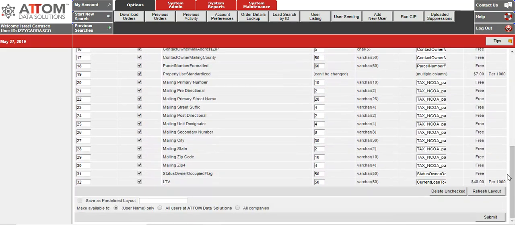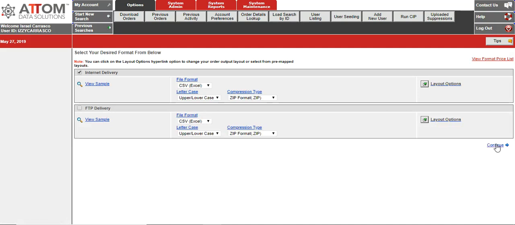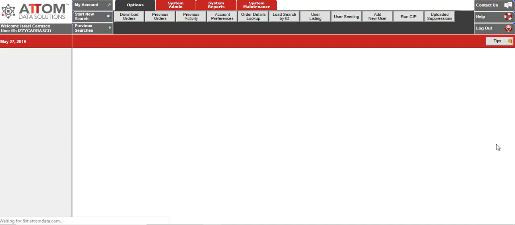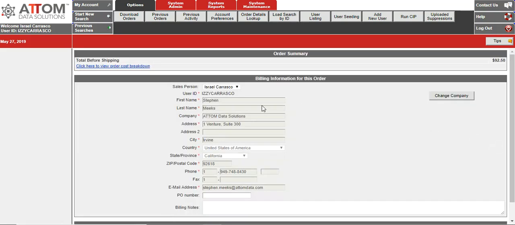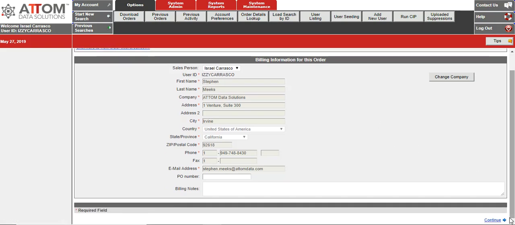You can also save. I know I already mentioned this, but this is really important because the last thing I want to happen is you get a list and then you forgot to add something here, and now you have to pay for the list again to rerun it. You hit submit, hit continue. This is the area that shows you the price. You can always get out. And then if you hit continue,